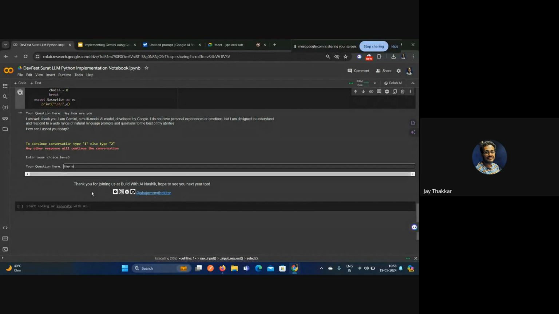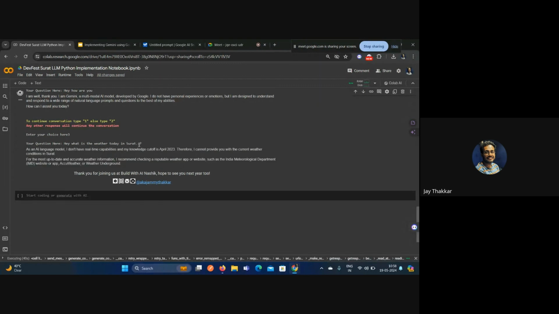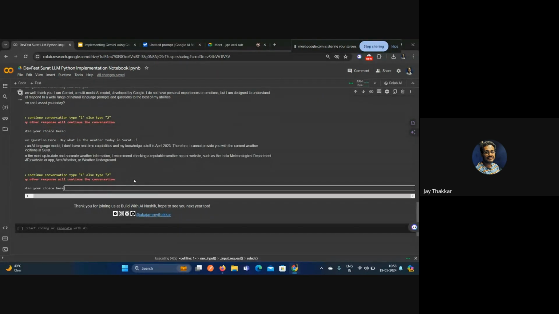Hey, what is the weather today in Surat? Gemini is also connected to internet, so it can give you a real